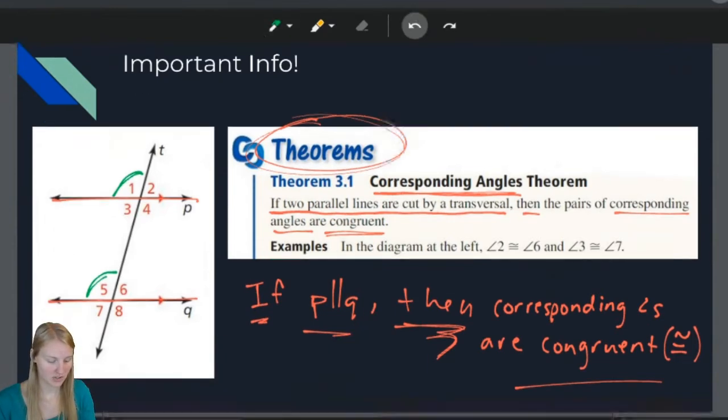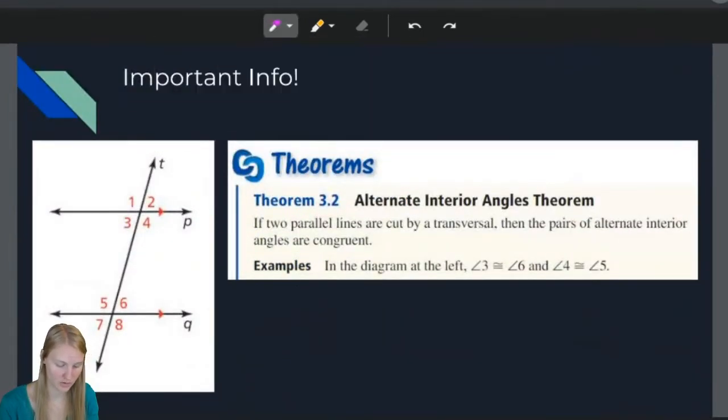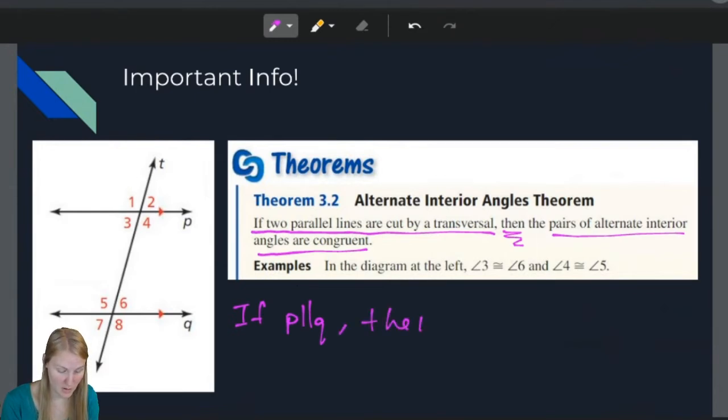Okay. Similarly, for the alternate interior angles theorem, if 2 parallel lines are cut by a transversal, then the pairs of alternate interior angles are congruent. So again, if P is parallel to Q, then, so we're assuming that the lines are parallel. If the lines are parallel, then